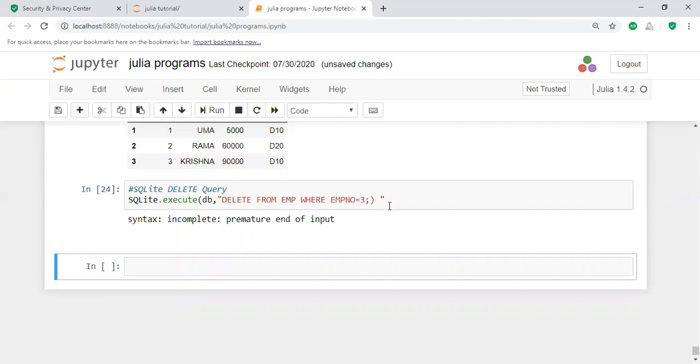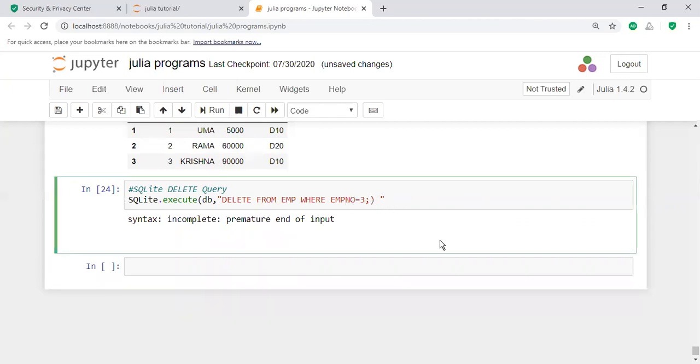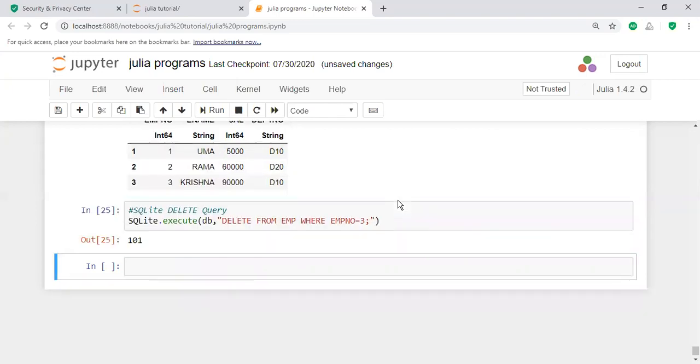DELETE FROM, yes, you have to end with a semicolon here. That was the problem.